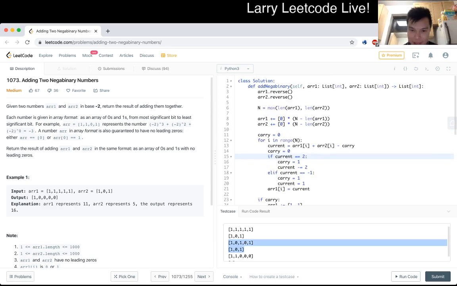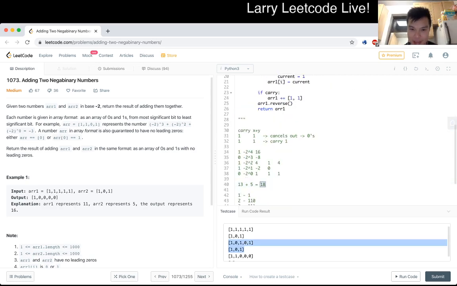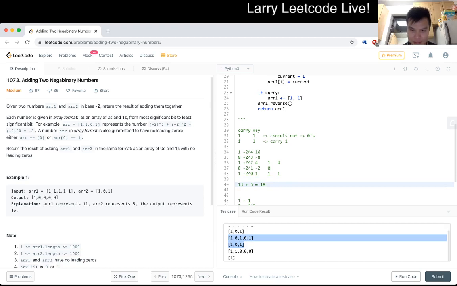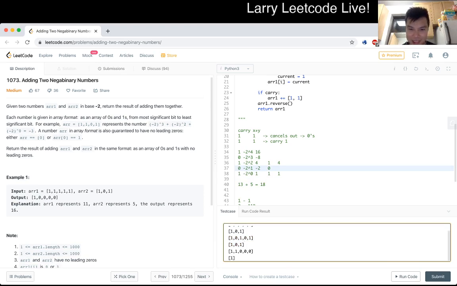Oh, that was my other case. 13 plus 5 is equal to 18. So, okay, so I had this. What's 18? 18 is 1, 0. Oh, wait, no, this is 18. What's 13? Well, let's just do this one then, since this is the wrong answer. Oh, I'm getting a wrong answer from it. So this is